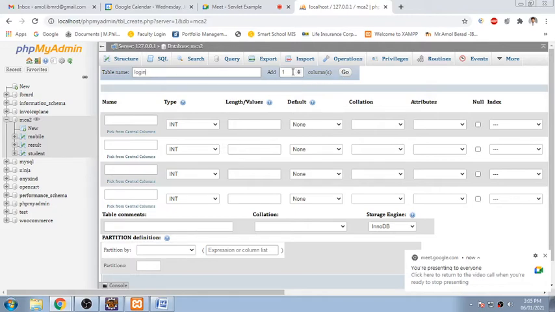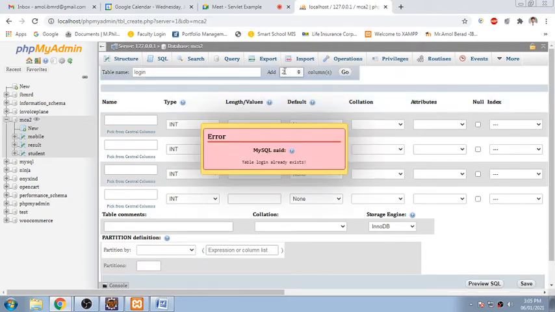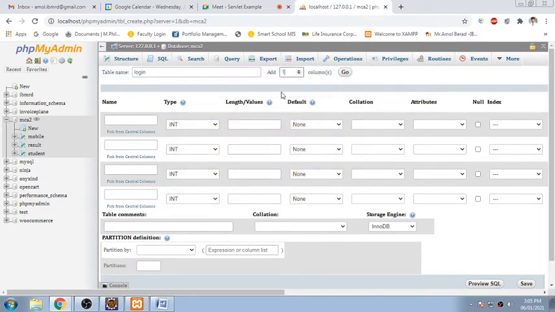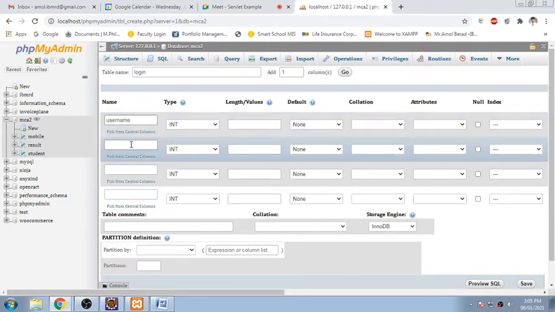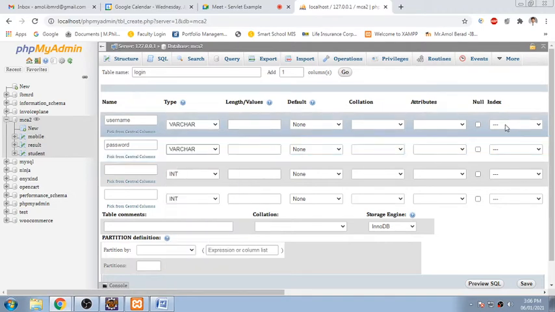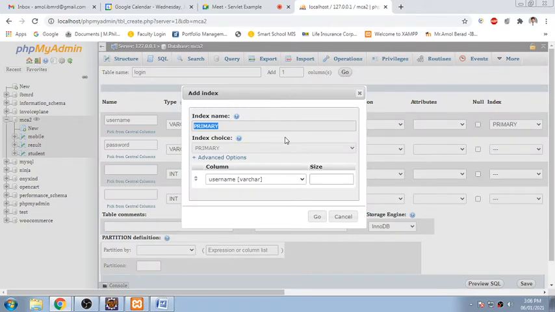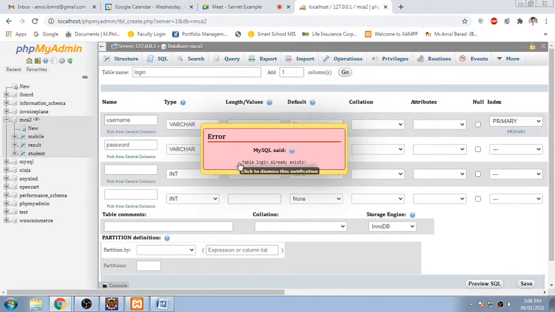So I need to add two columns into that. The first one is username and the second one is password, and both will be strings, so varchar. Here we'll make username the primary key, and say go. Table already exists.